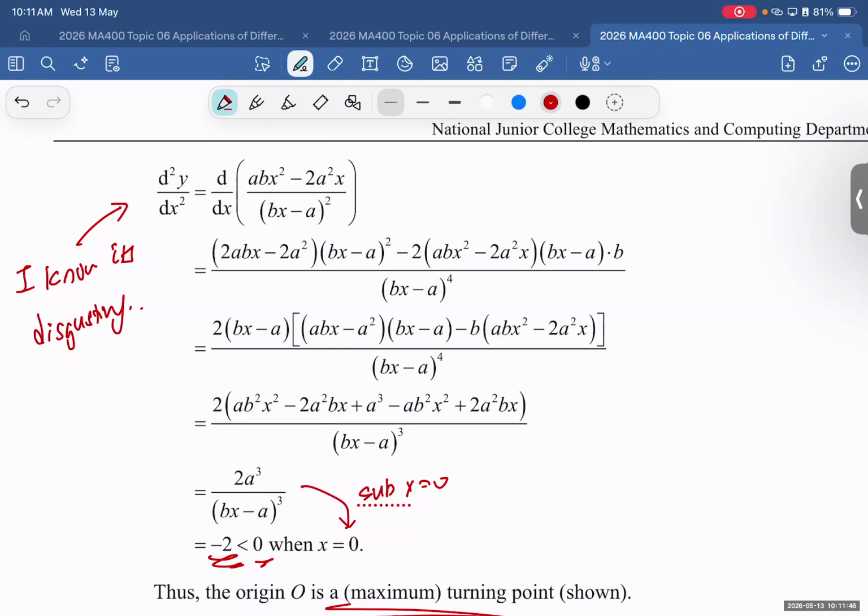Yes, the first derivative also can. But in this case, like I said, if there's an unknown constant, I'm a little bit wary of using the first derivative, because after I start, I also need to consider what is A and what is